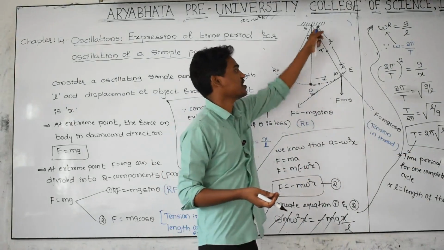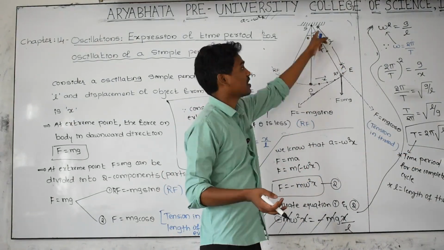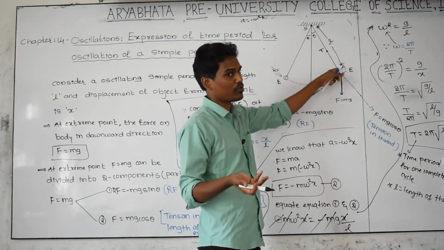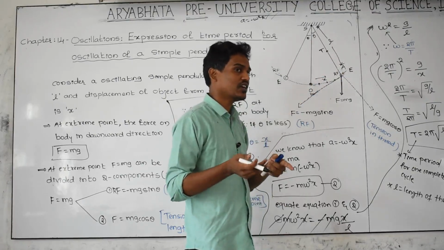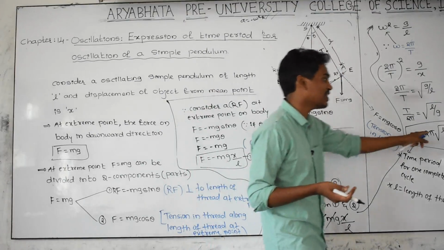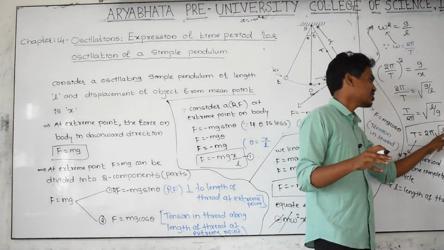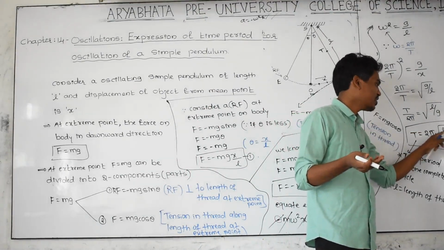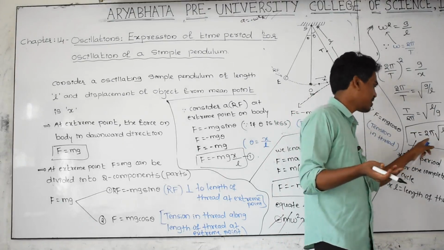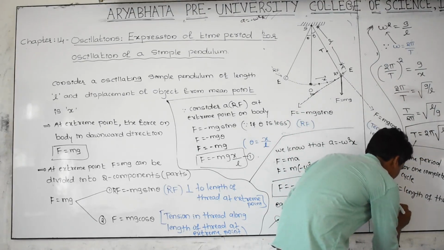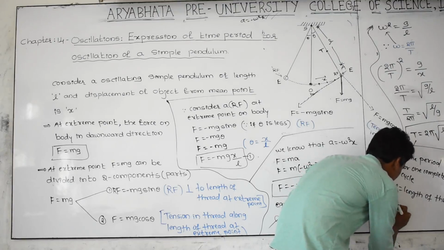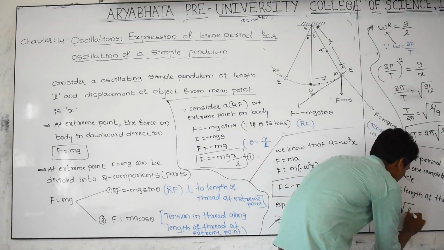First reading you can change the length, and for the second reading you can increase or decrease the length again. Whenever you are doing the experiment you can change the length of the thread in the way convenient to you. Therefore length is a changing quantity but 2 pi and g are not changing, therefore T depends only on L. Therefore T is directly proportional to root of L.